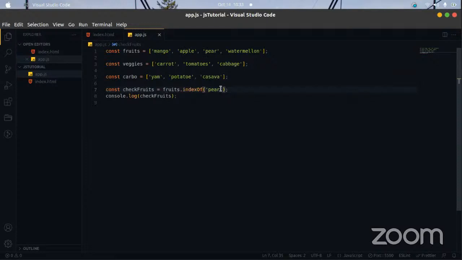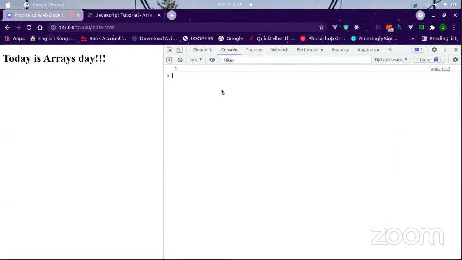Now let's say we take away the pear and we save. We get -1. So -1 is part of the negative falsy values.